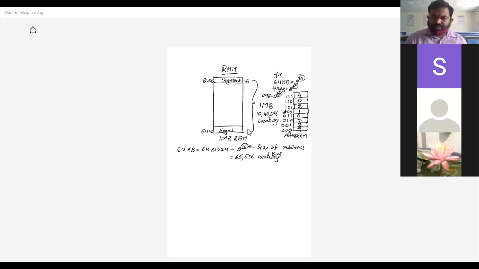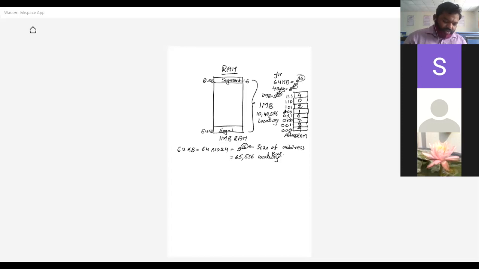So in this process, Akhilesh, have you got the clarity here? Yes, sir, got the clarity. Now I am coming to you. Why is the memory divided into 16 segments? Why not less than 16? The segment size is 64 KB. Why not more than 64 KB or less than 64 KB?